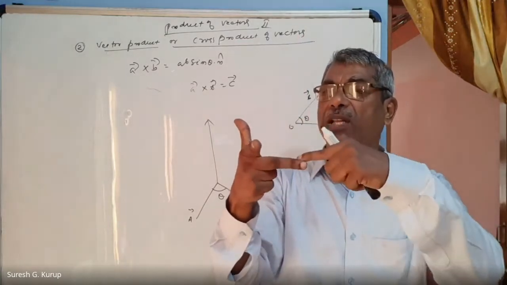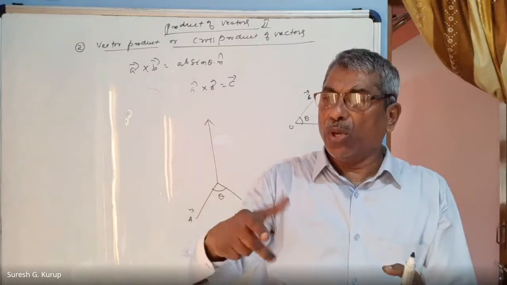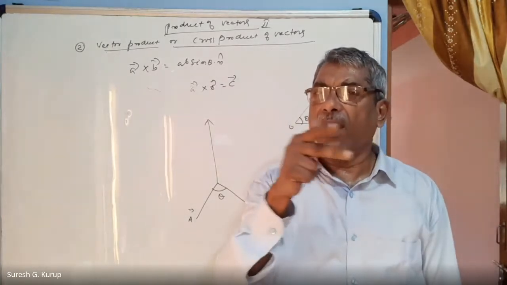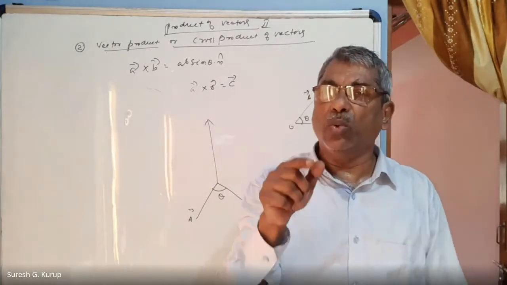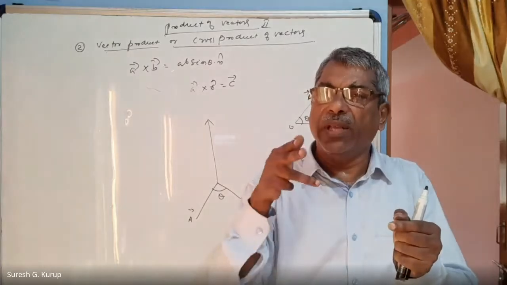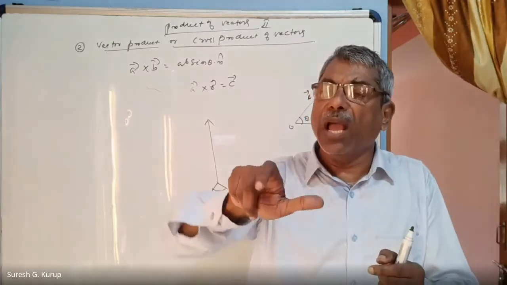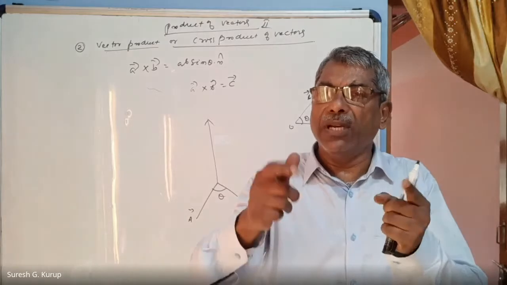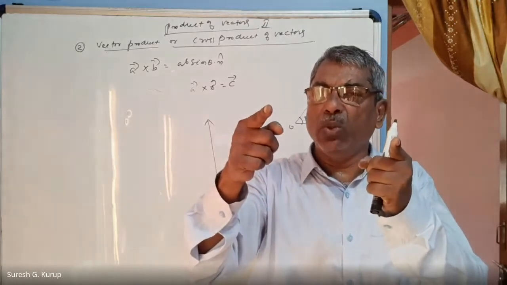One vector is this, other vector is this, because two forces you are applying. At the groove of the screw, there is a groove on the screw. There you will fix the screwdriver and you will turn it. When you turn it, at the two ends of the groove, two forces are acting.